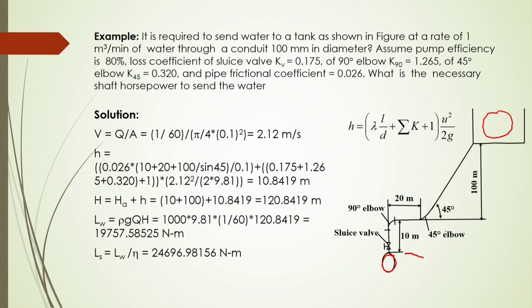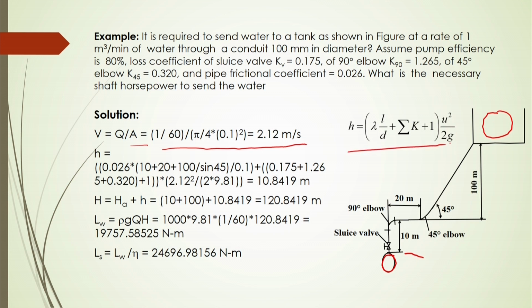If we use this equation, first of all you have to calculate the velocity. Velocity equals Q by A. After substitution, it is given as 1 meter cube per minute, so you divide by 60, then by the cross-sectional area, since you know the pipe diameter. It comes to 2.12 meter per second. Then what should be the H total